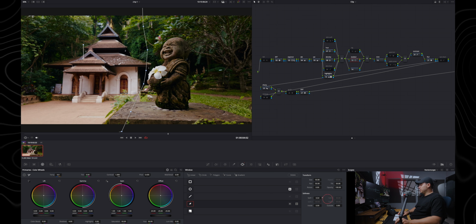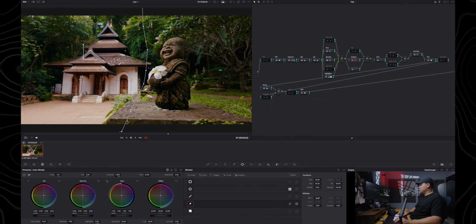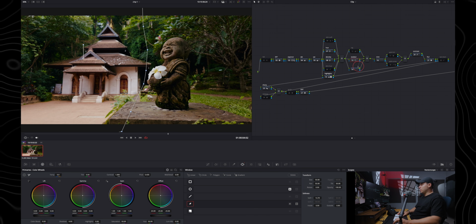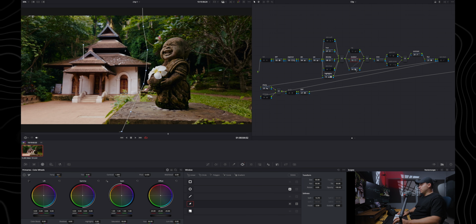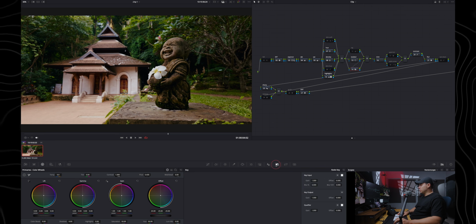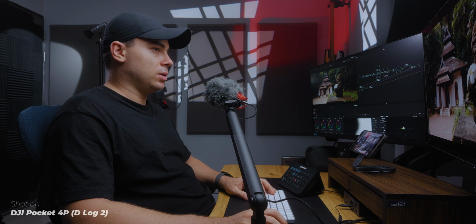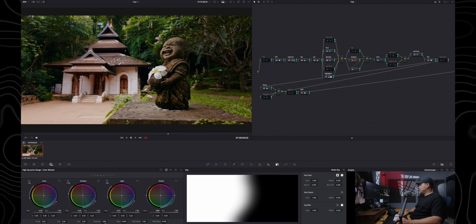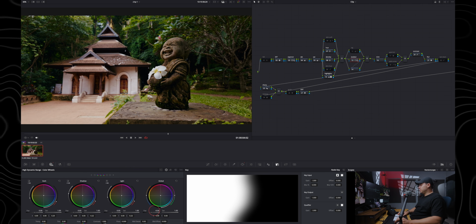And then I'm going to increase the softness to about something like this. And I'm going to use this blue line in here, connect with this one. And I'm going to click on this node, and I'm going to invert this node basically to target everything outside of my original selection. I'm going to go to this node in here, and I'm going to reduce the exposure a little bit